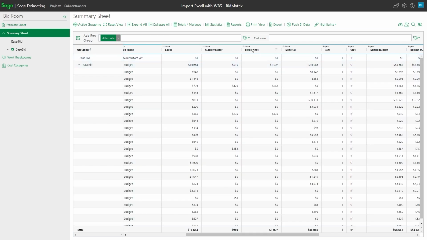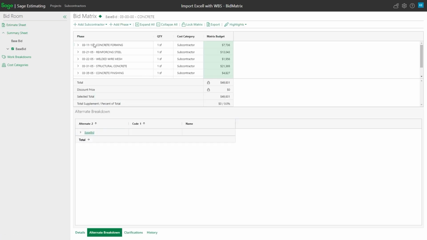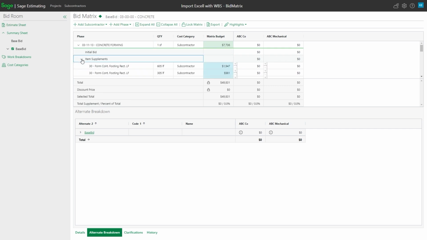If I go back to the normal sort, I'm going to go back to bid package for a moment, and let's say maybe also by phase. So I'm going to just put someone out there and so forth. So as I'm sitting there putting in prices, this is where I could go through and tell it that I want to do something different with my prices. So right now, this dollar amount is what added up for all the different items, whether that was labor, material, or anything of that nature.